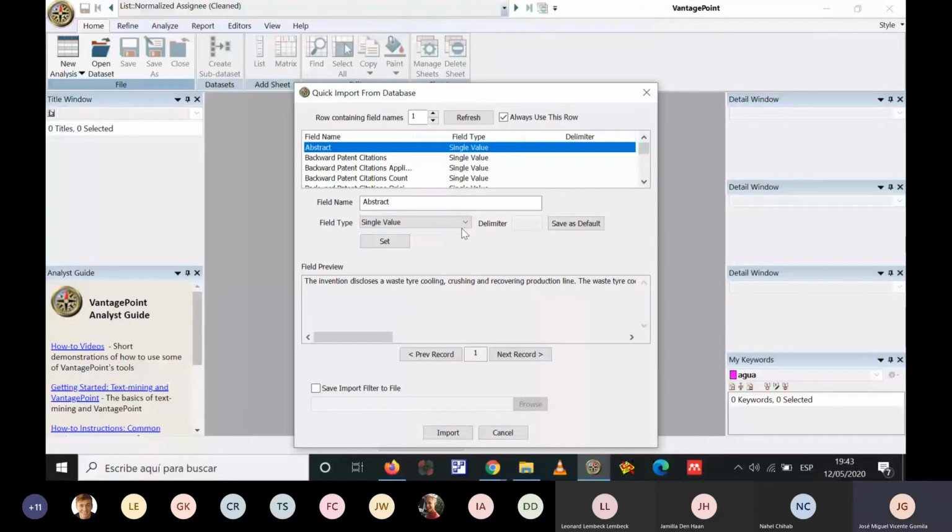So we go here to field type, and we have three types here. We have single value, natural language processing, and divide text. As this is a free text, we use